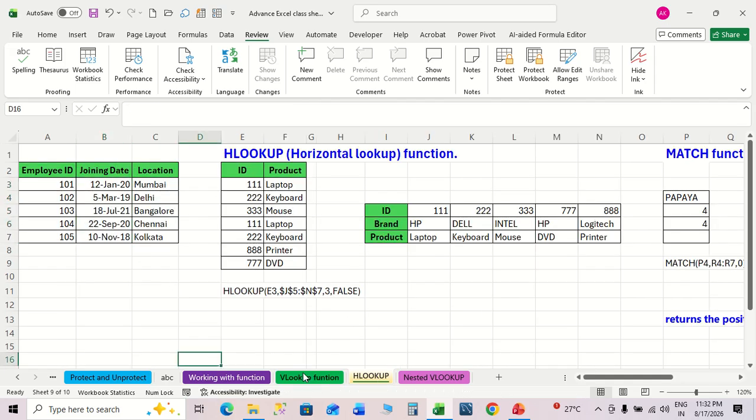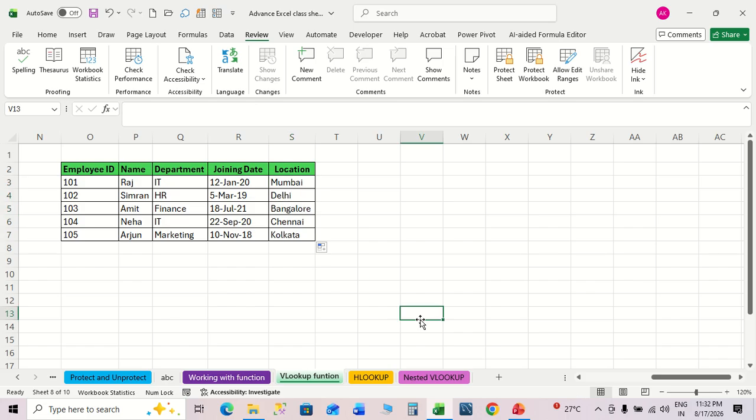Okay, so this way we can get the VLookup from next sheet or another sheet, or from the another workbook. Even we can copy the data from the another Excel sheet, same way. Okay,